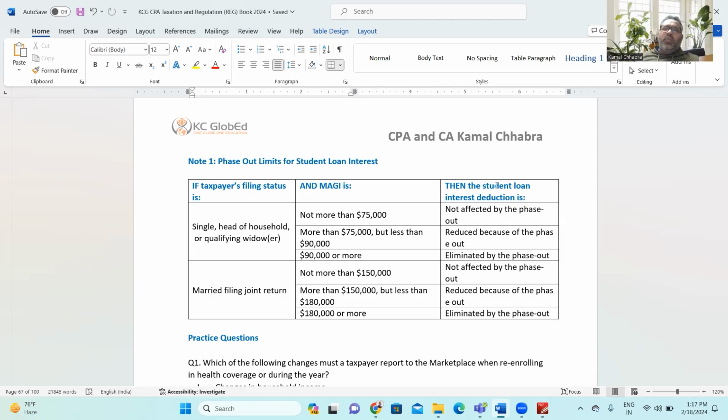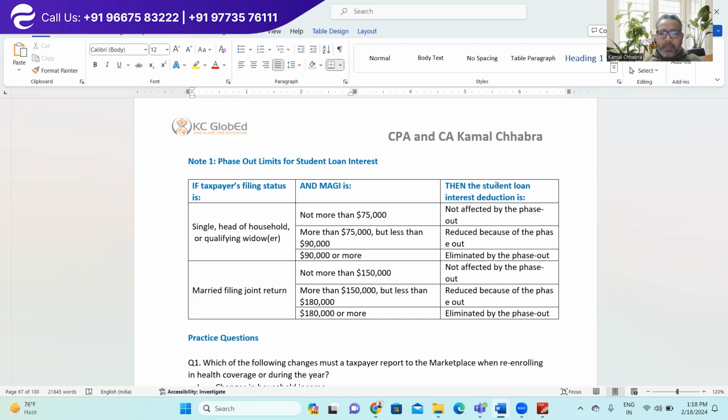So that is called a phase out, a fundamental phase out mechanism, right? This phase out mechanism is being used majorly for almost all the deductions as well as almost all the tax credits. It means when your income is lower, you will be eligible for the maximum deduction. But when your income reaches the peak, at that point of time, you'll get less and less tax deduction or less and less tax credit. So that is what is called phase out limits or phase out mechanism, right?